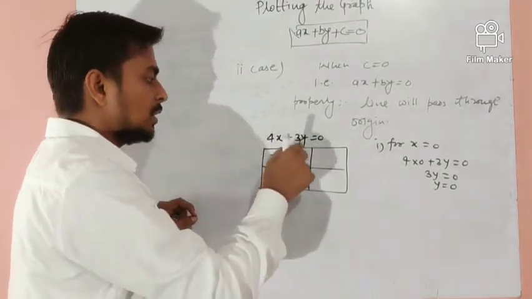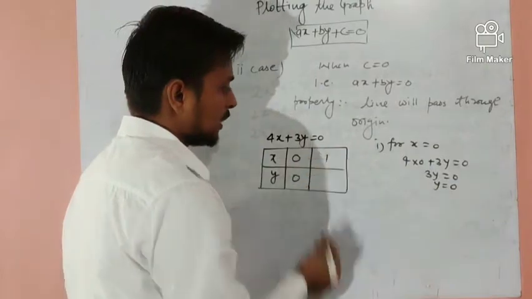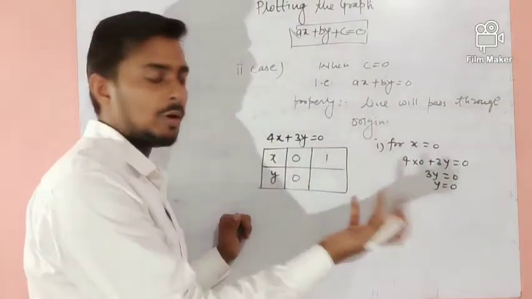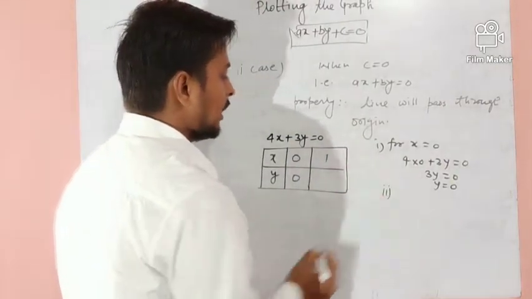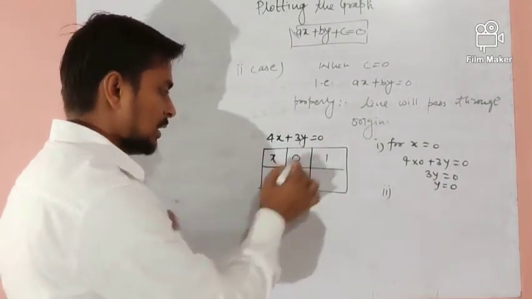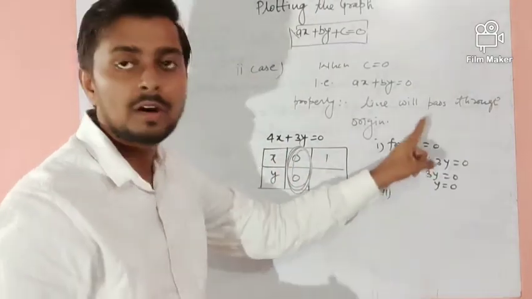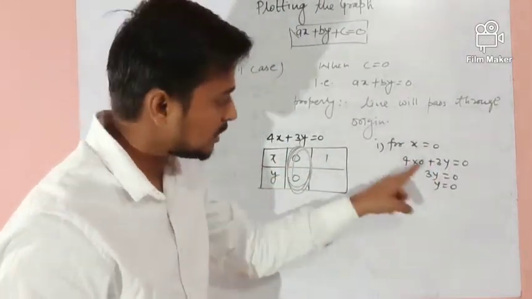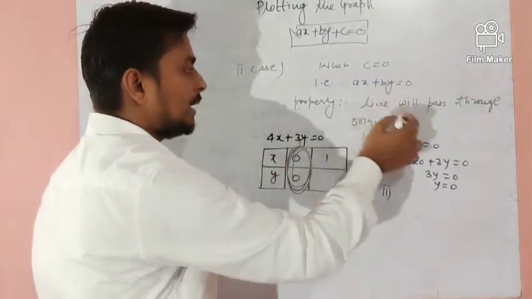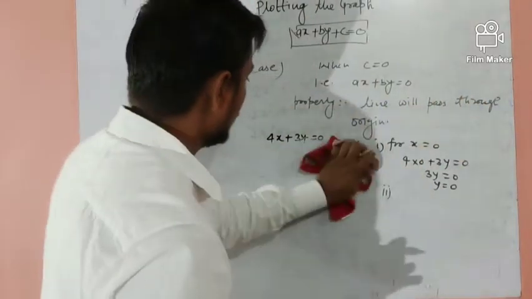So here the precaution is what? You have to change the value. So suppose we are taking x is 1, you can take x is 2, 3, minus 1, 1 by 2, anything. You can take any value of y. So be careful: when c is equal to 0, 100% sure this point is common. No need to do it here. I have solved it for your convenience, just to see how it will pass through the origin. So if you have this property in mind, then no need to find this 0, 0.